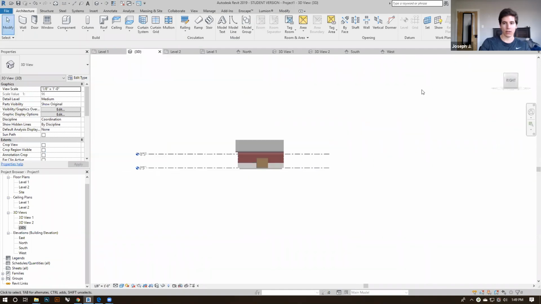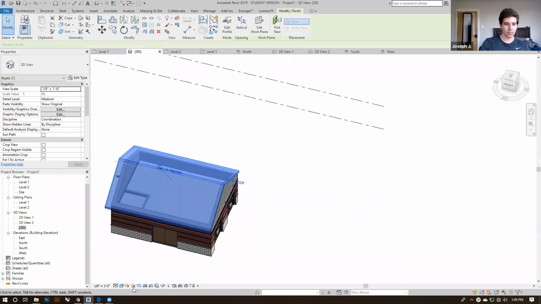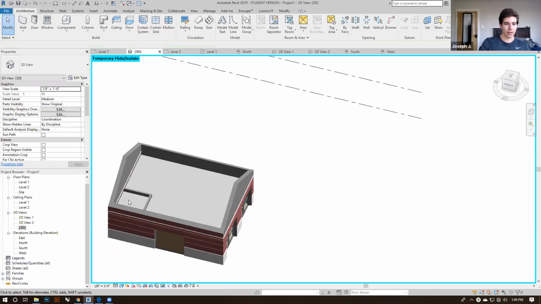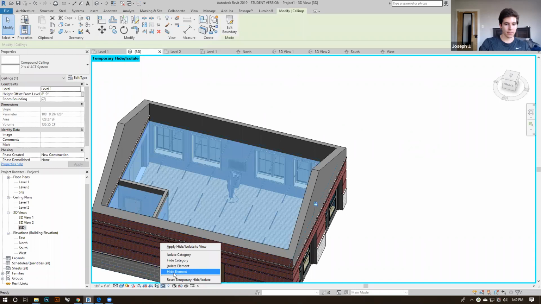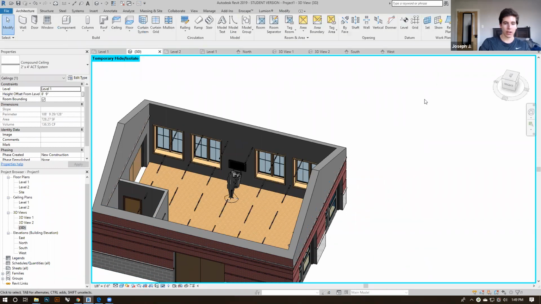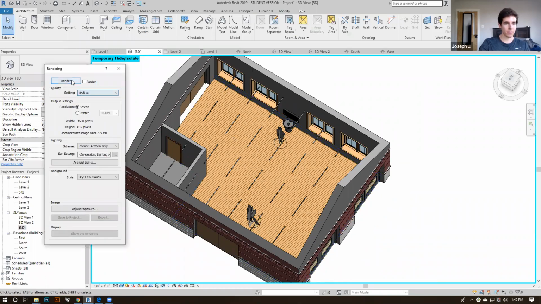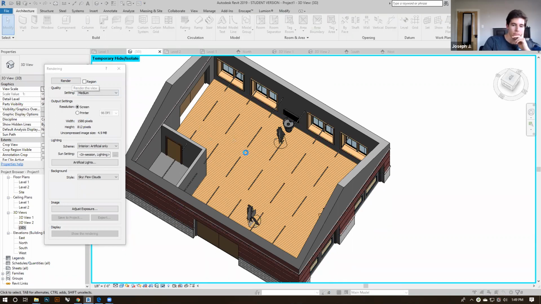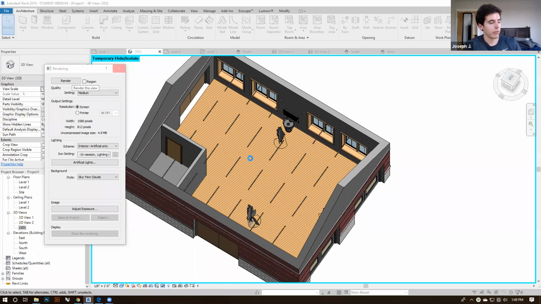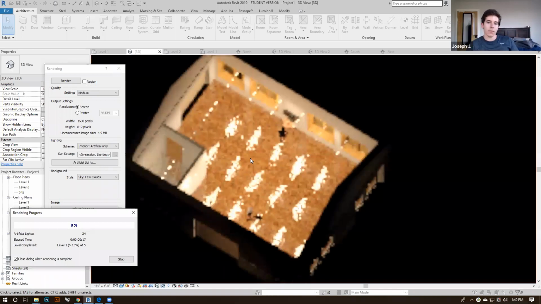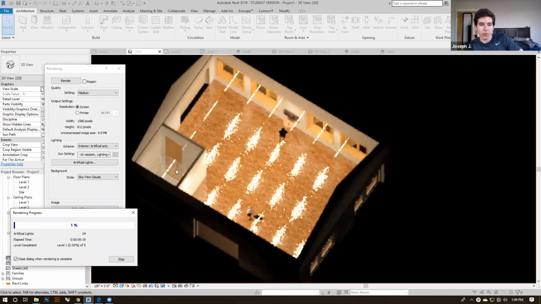If I go to 3D view and I look at this without the roof on, hide that, hide the ceiling. I can see that now I've got a tile area here and a wood part here. So I could render from right where I'm looking. Give that a few seconds to cook. And you can see that I've got a tile floor in this little section where the bathroom is, and then